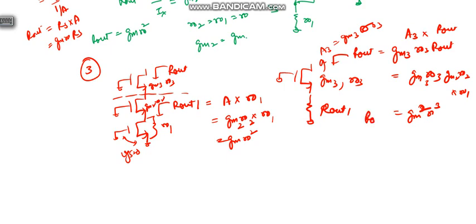So Rout equals this. If suppose there are n number